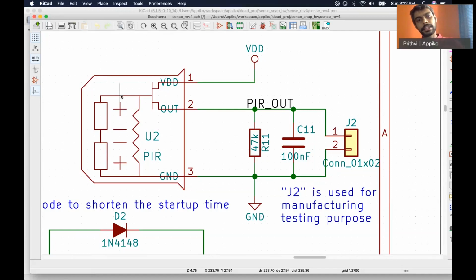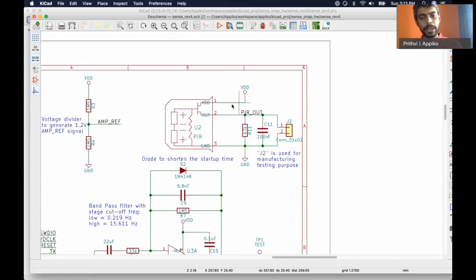So this signal is given out using a source follower JFET. That is the output of a PIR sensor. There are different options for PIR sensors from different manufacturers. We use the DS204B. There is also the LHI 968, which is available, although that's much more expensive. So that's the PIR sensor, right?